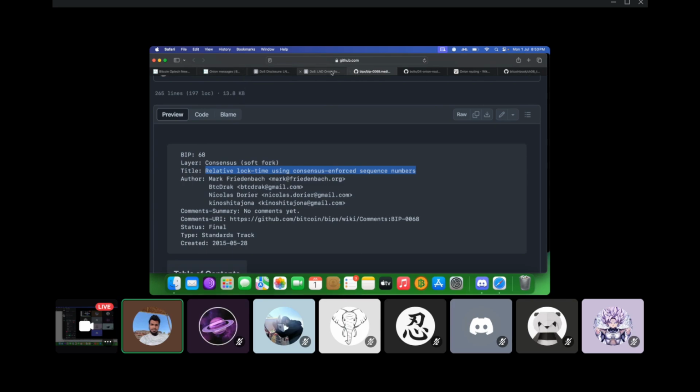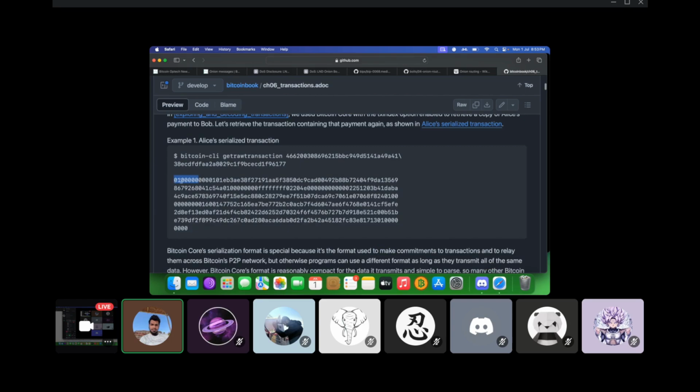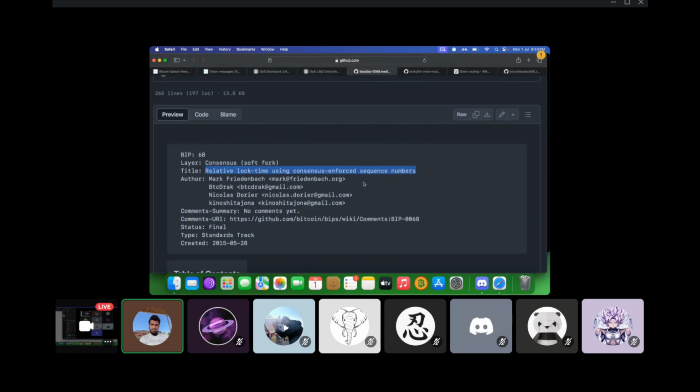Only transactions that have a version number of 2 have these features. Like we just saw, this one was version 1, so you cannot time lock this transaction. When the version number is 2, you can time lock those transactions. While passing this version number, you could provide a negative value as well. But when checking whether you can apply time locks, at that time it was being typecast to an unsigned integer, meaning it was being converted to positive. So even if it's -1, it'll be converted to 1. Even if it's -2, it'll be converted to 2.